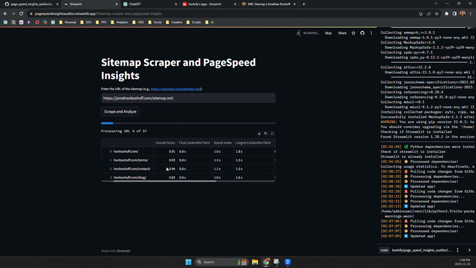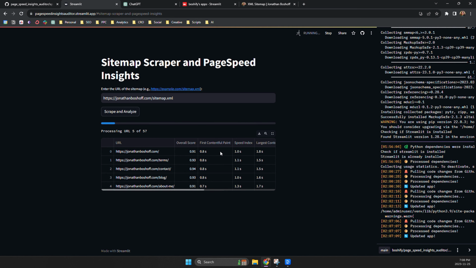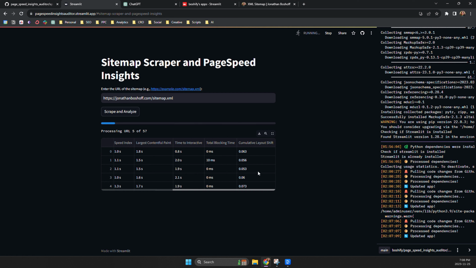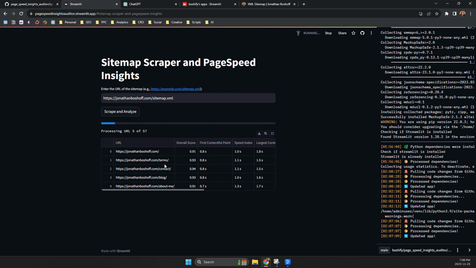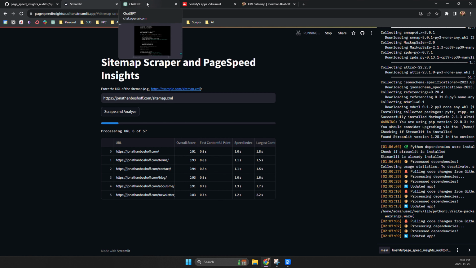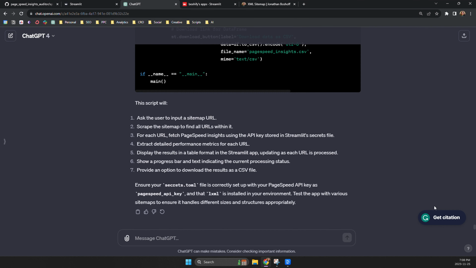And it pulls the overall score, first contentful paint, speed index, largest contentful paint, time to interactive, total blocking time, and cumulative layout shift. So that's pretty cool. And then you can download it as a CSV as soon as it's done. So that's pretty cool. I will show you the whole prompt sequence that I went through with ChatGPT from start